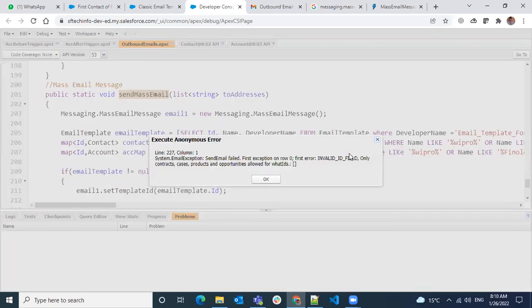Okay, system exception: invalid ID field, only contract, cases, products and opportunity allowed for the what IDs. Okay, so mass email messaging